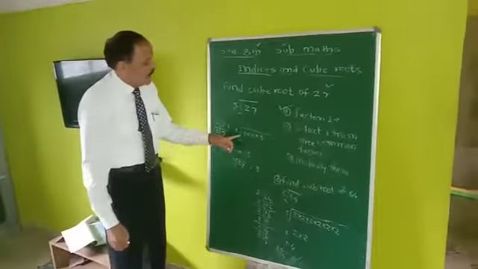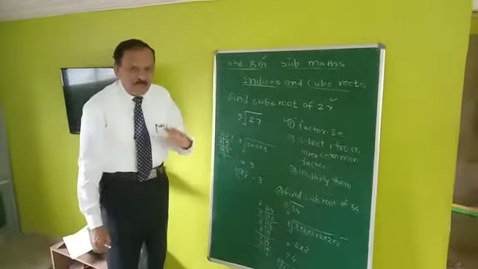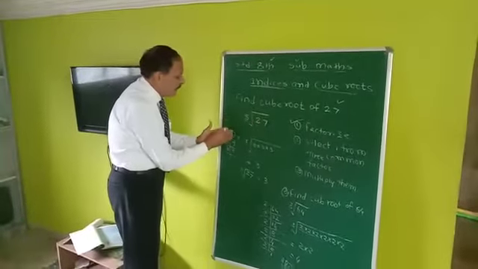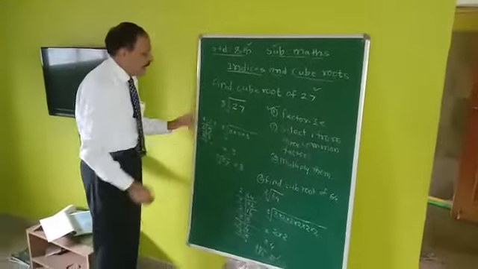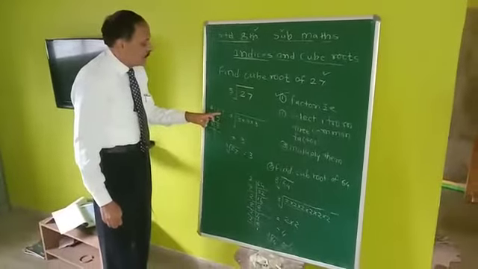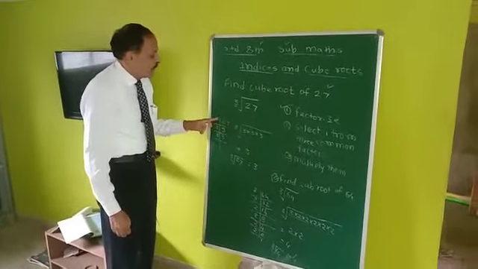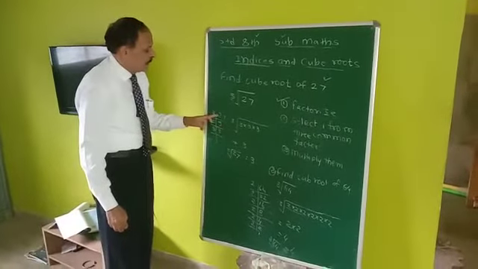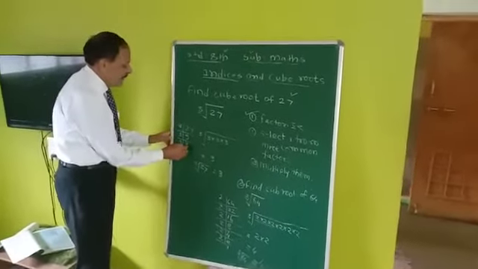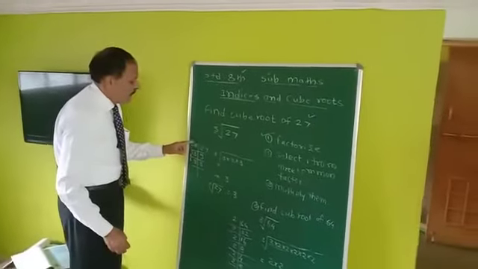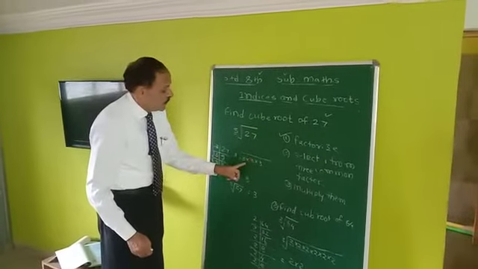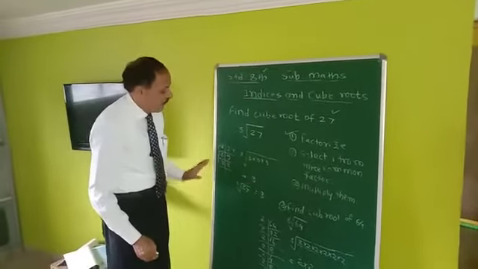If you directly say that 3 into 3 into 3 are the factors, fine, but if you are not able to do that, take 27 here and see by which number you can divide it. As it is an odd number and divisible by 3, divide it. 3 9s are 27. Again 3, 3 3s are 9. So whatever factors we got, put them under the root. So 3 into 3 into 3 we got.